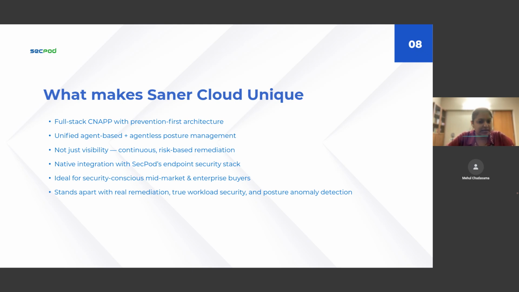Does that sound familiar? Now, when you take that, you'll also see how Sena Cloud flips this model. We don't just surface issues, we also actively fix them. Misconfigurations, we auto remediate. Vulnerabilities in workload, we patch them, again, automatically.